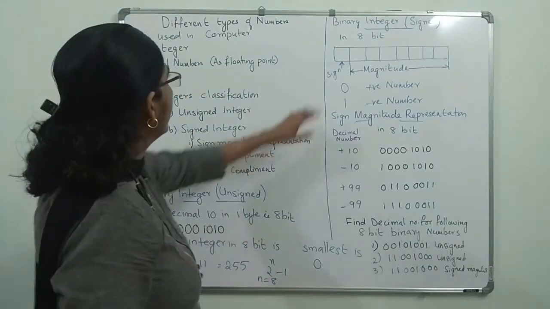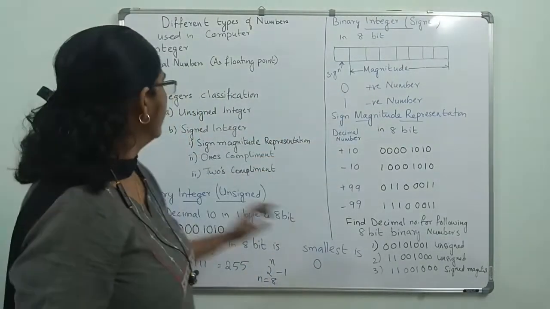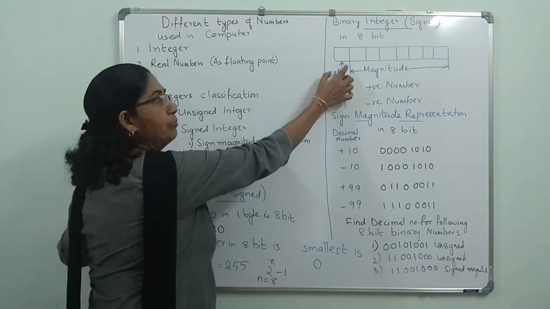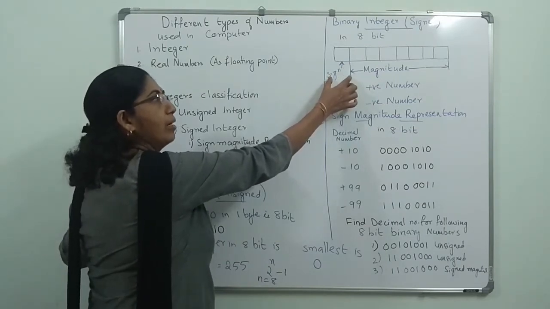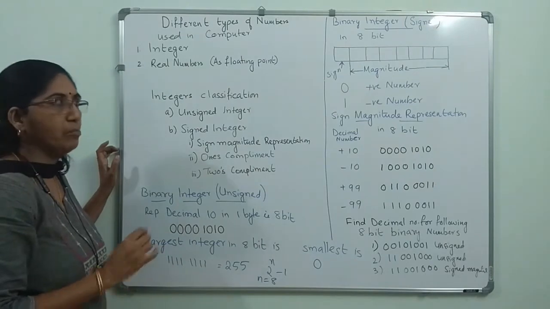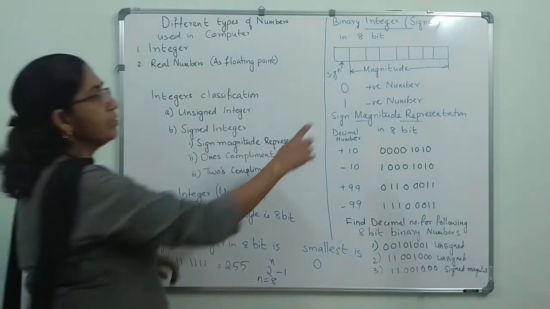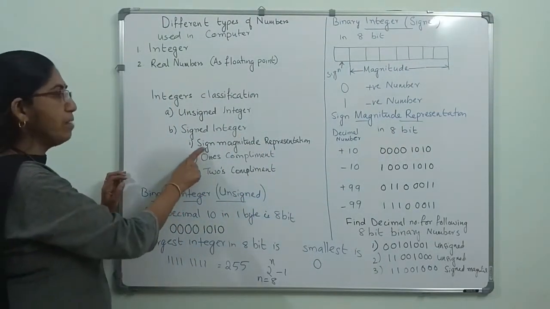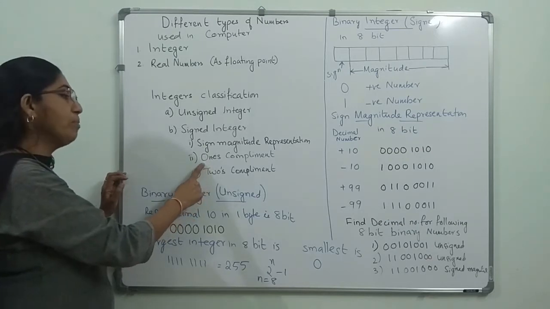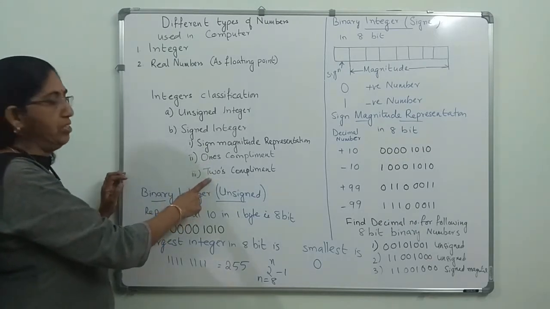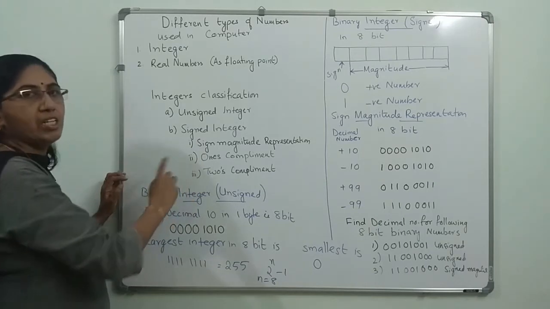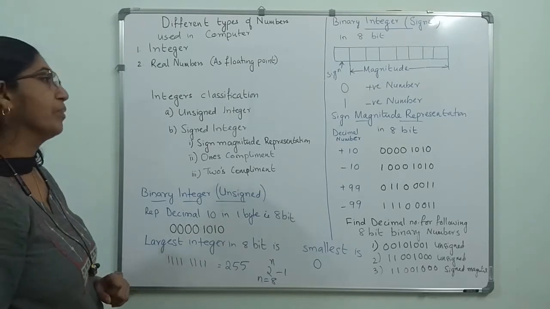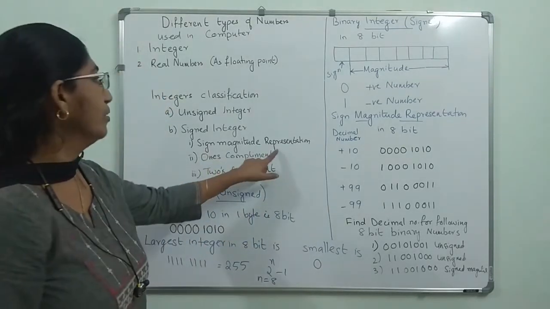In the signed binary representation itself, there are 3 types. This is the signed integer notation you have given. First, the leftmost column you have kept aside for the sign value, positive or negative, to indicate that. Then the magnitude is represented in the rest of that. In that itself, there are 3 types of representation: sign magnitude representation, 1's complement representation, and 2's complement representation. So these 3 ways you can represent an integer. So first we will take the sign magnitude representation.